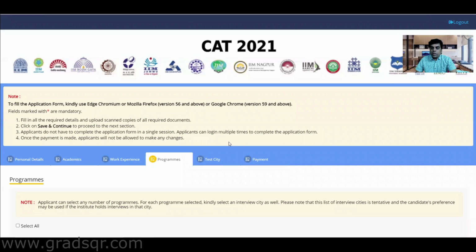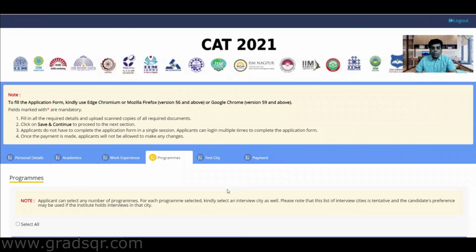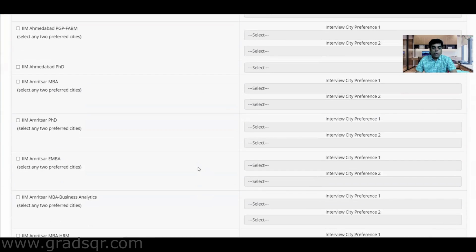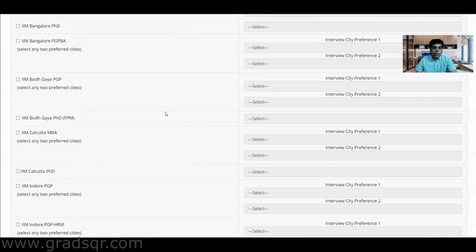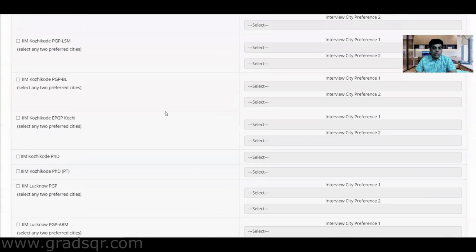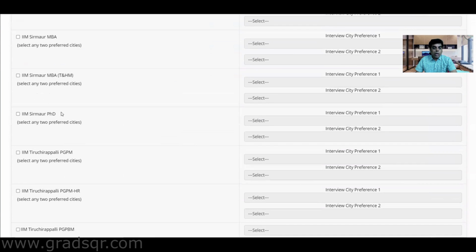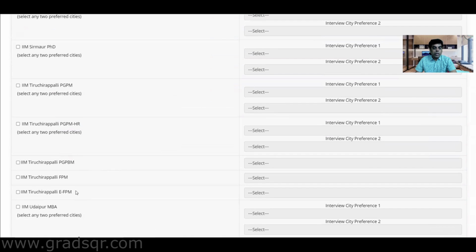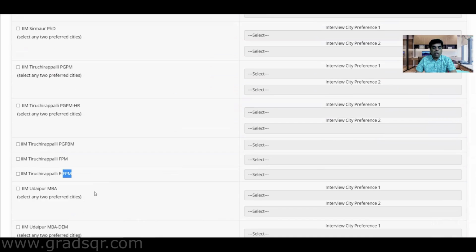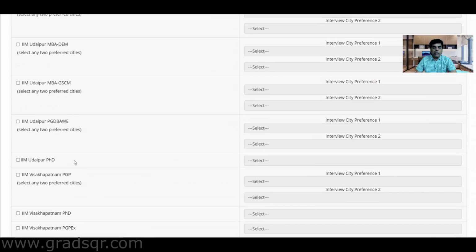So the next part of this form is the programs area. Now see, all the programs which are available in the IIMs are mentioned here. So this is only for the IIMs and nothing else. There are various kinds of programs. So you have the PhD program here, the postgraduate program in management here, postgraduate program in HR. So all the postgraduate programs in management you can apply to. All the MBA programs you should apply to. The FPM programs are PhD programs, basically fellow program in management. So if you are not interested in fellow program, you can leave that.